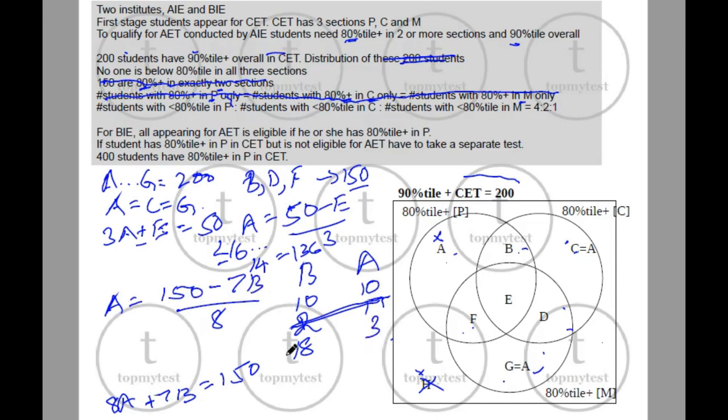Right? This is a standard way of solving indeterminate equations with natural numbers. I think you would have done it in maths. So there are two cases possible. B is 10, A will be 10, or B is 18, A will be 3. You can substitute it in this to get the value of E also. So there will be two cases possible for all of them. Right? So let's try to figure this out.